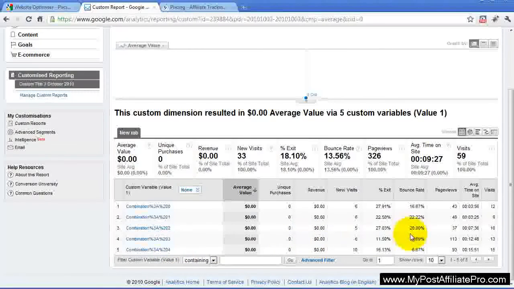And already you can see, for example, that the bounce rate of the original pricing table was about 16%, and variation 1 currently has about 20%, 22% and so on. So this is the way how you can measure not just the number of goals in Website Optimizer, but you can measure the real impact of a test on your sales. I hope it will